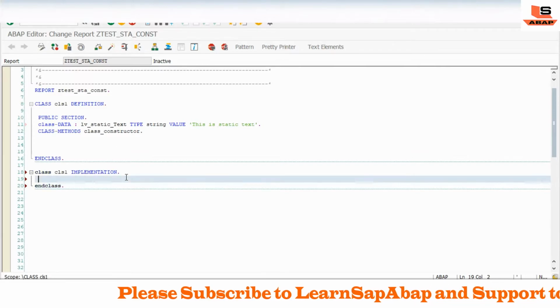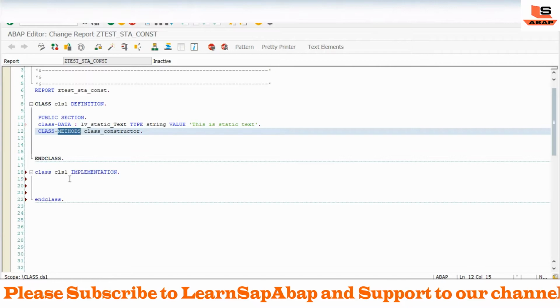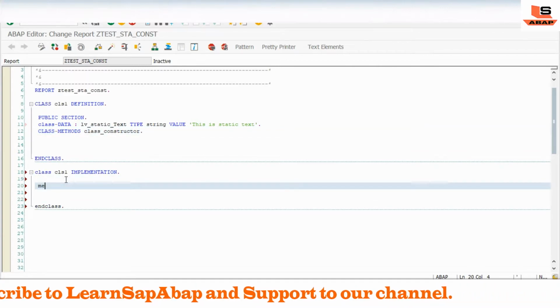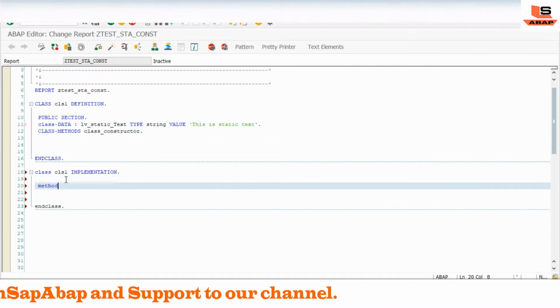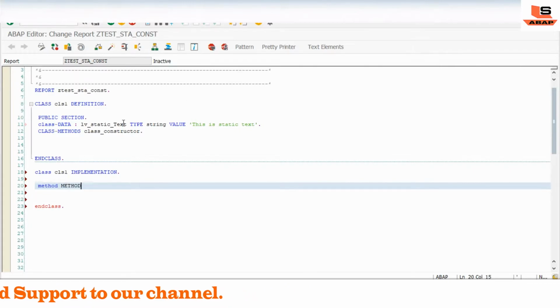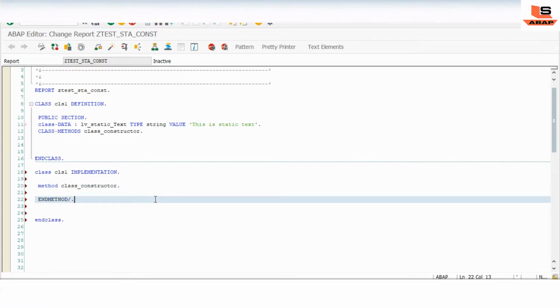Now we just have to implement the method: METHOD class_constructor, ENDMETHOD.